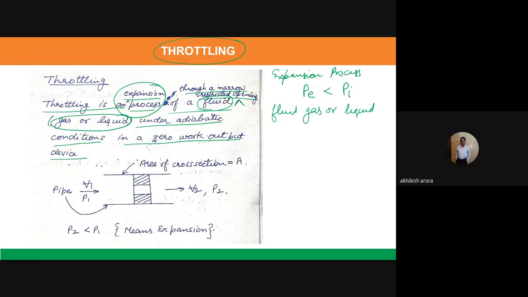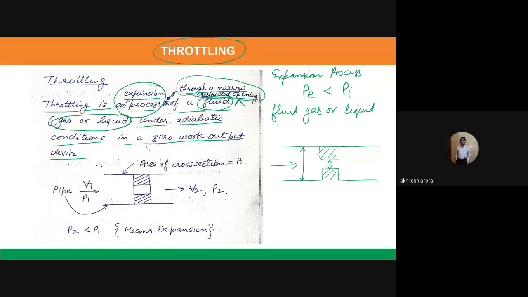Narrow restricted opening means there is some hurdle in the flow of the fluid. Okay, for example, if there is a pipeline and I have some obstruction here, I make some obstruction here like this, so that the area of the flow which was from here to here is now reduced to a smaller one. So it's a sort of restriction, or it's a narrow restricted opening. Okay,